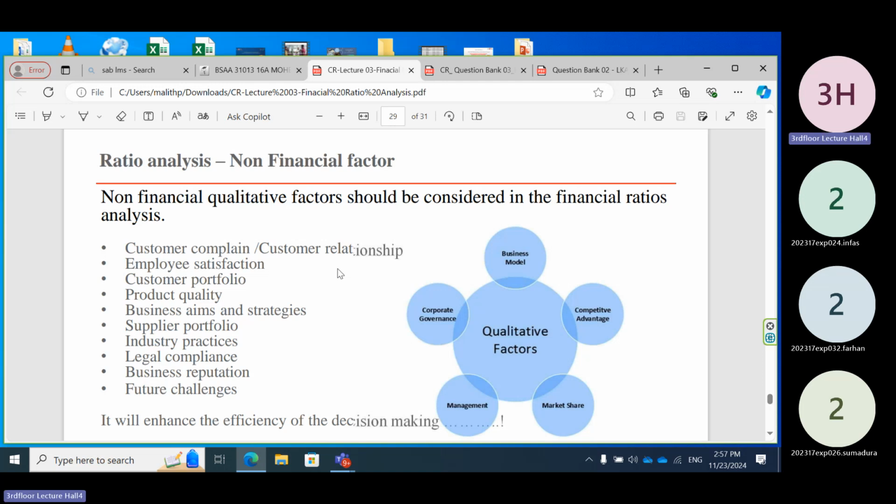So then you should have kind of an employee satisfaction and customer portfolio, product quality,